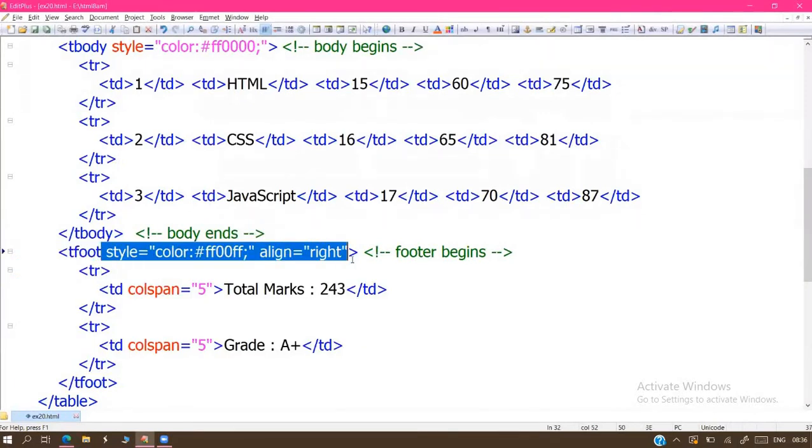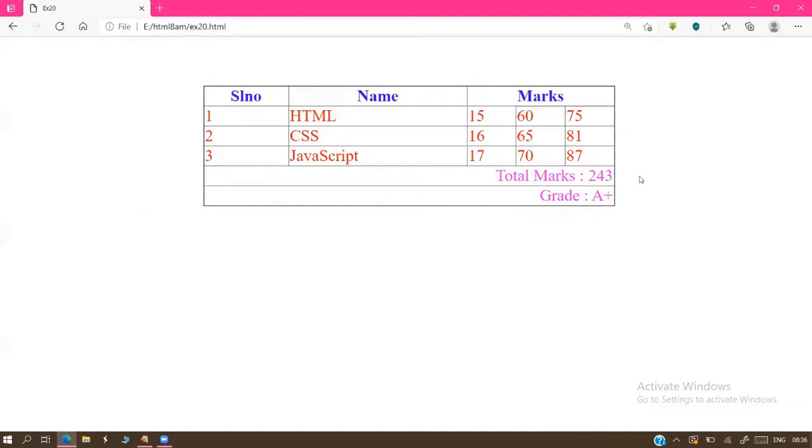So this is the second advantage, sir. First one, logical dividing of the tables. Second one, applying the styles becomes easier. Without repetition of the code, we can simplify the designing. That is the second advantage of these tags. If you produce the same output without using the special tags, writing the original code, you'll get the clear picture. 100% you will feel the difference.